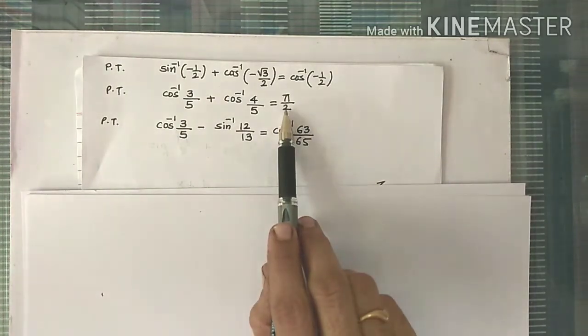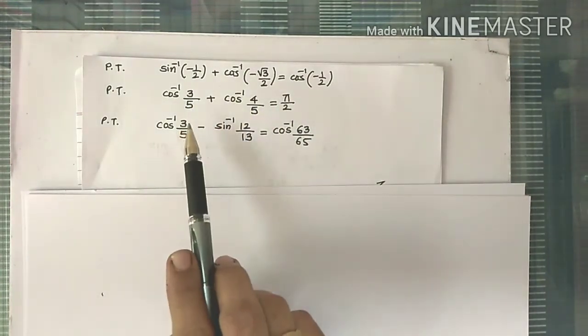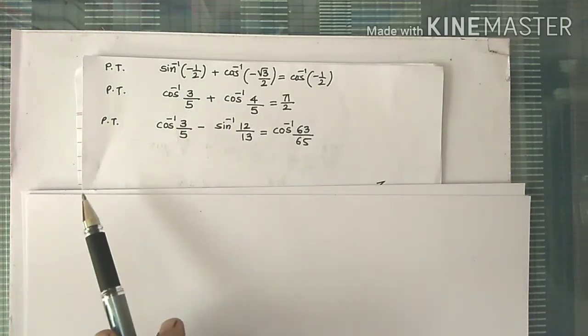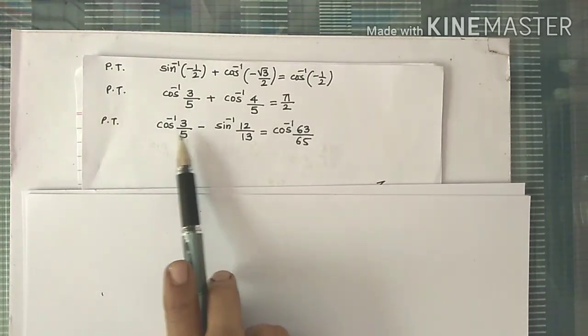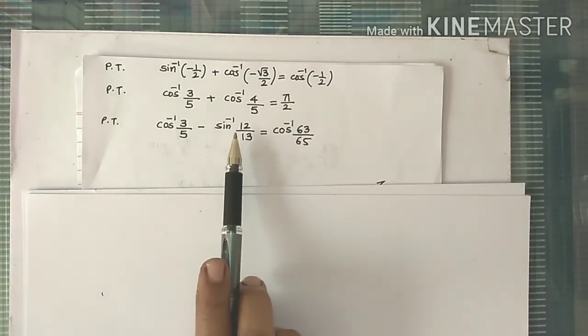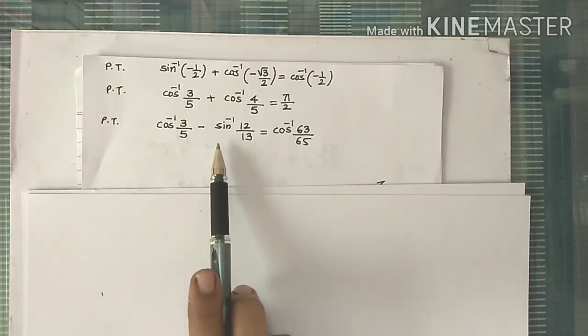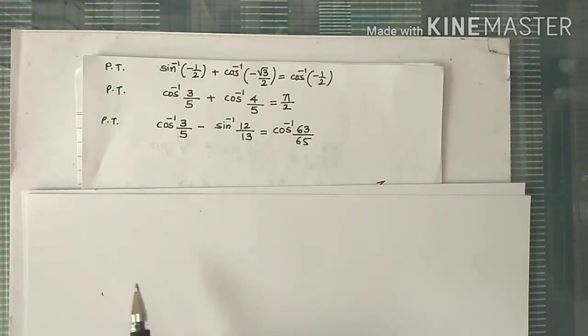Now here we have pi by 2. So convert any of these terms into sine inverse. And that will be sine inverse plus cos inverse with the same value, and it will be pi by 2. And for the third one, take this as alpha, write cos alpha. Take this as beta, then write sine of beta. And find the remaining trigonometric ratios, and then use cos of alpha minus beta equal to cos alpha cos beta plus sin alpha sin beta, and you will get the answers. Okay, we will see in the next video.